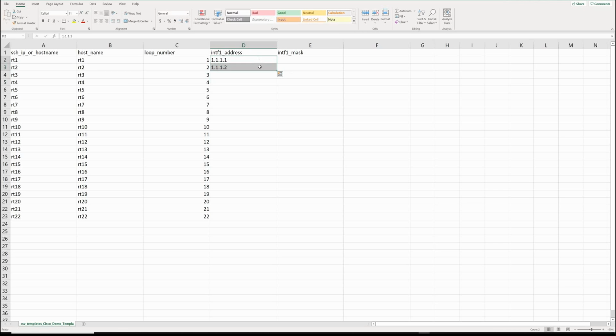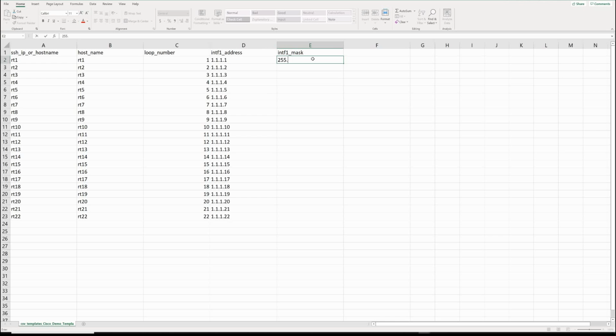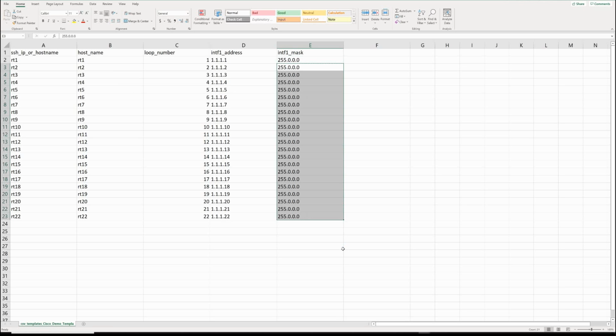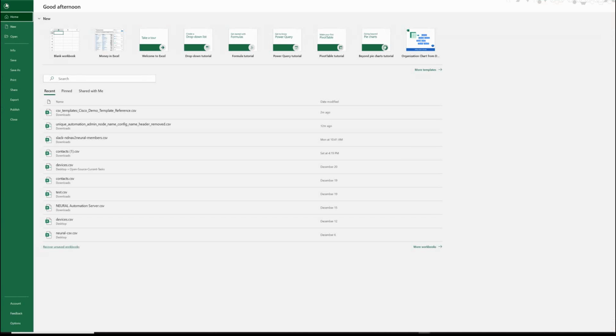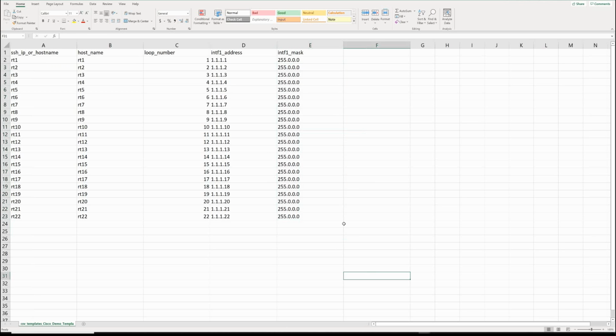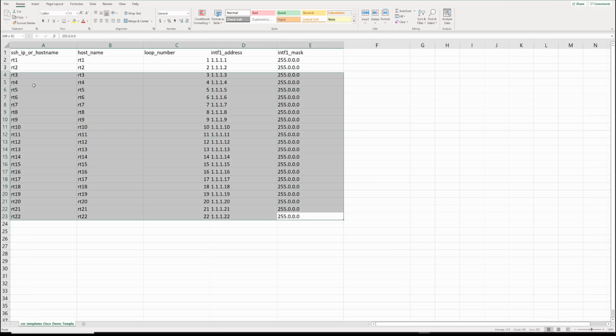1.2, and we'll see if hopefully Excel will just auto increment those for us. Yes, good. And then we'll just go 255.0.0.0. So I've just saved that, and what we'll do here is we'll just go back. This just gives you an example of how easy it is to essentially